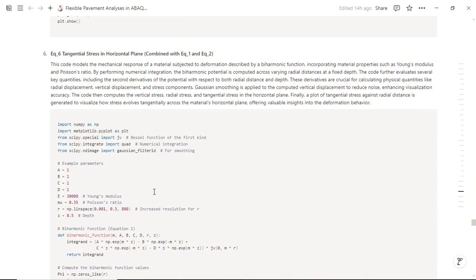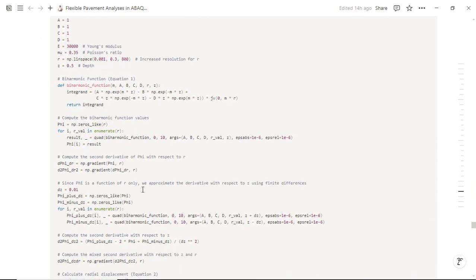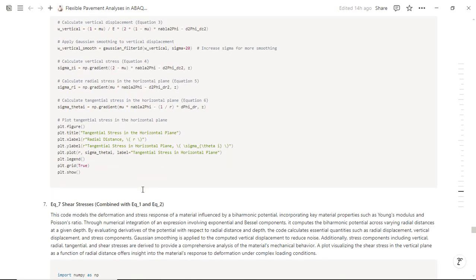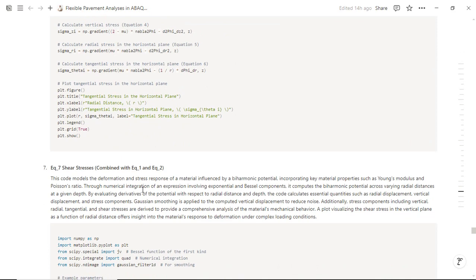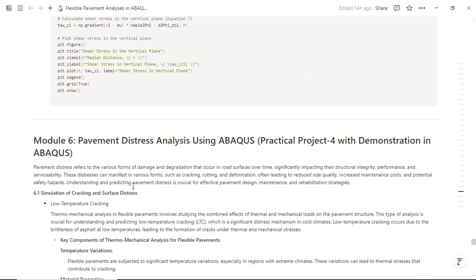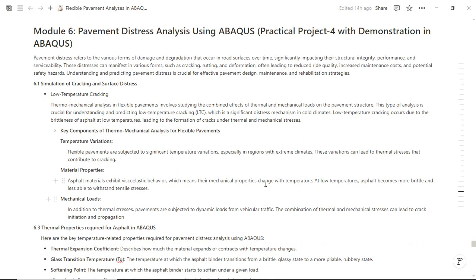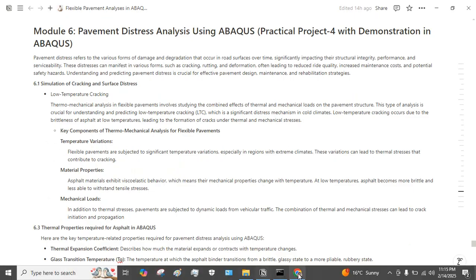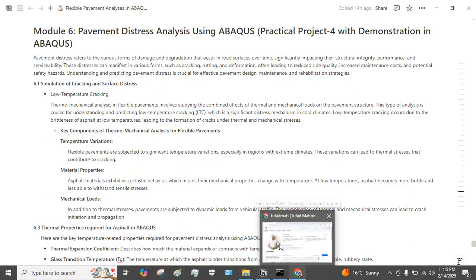If you are working with flexible pavements, if we only discuss the flexible pavements, we actually consider the top layer. So what about the layers beneath, because it's a multi-layer system. So in that case,